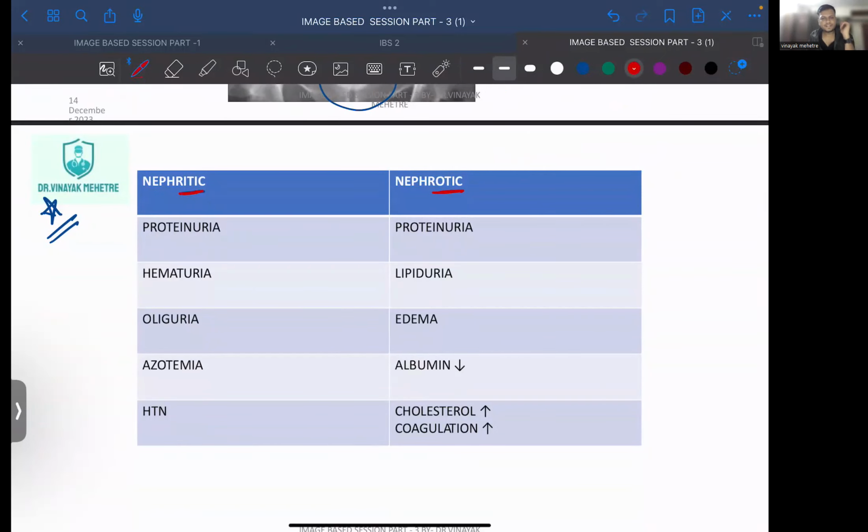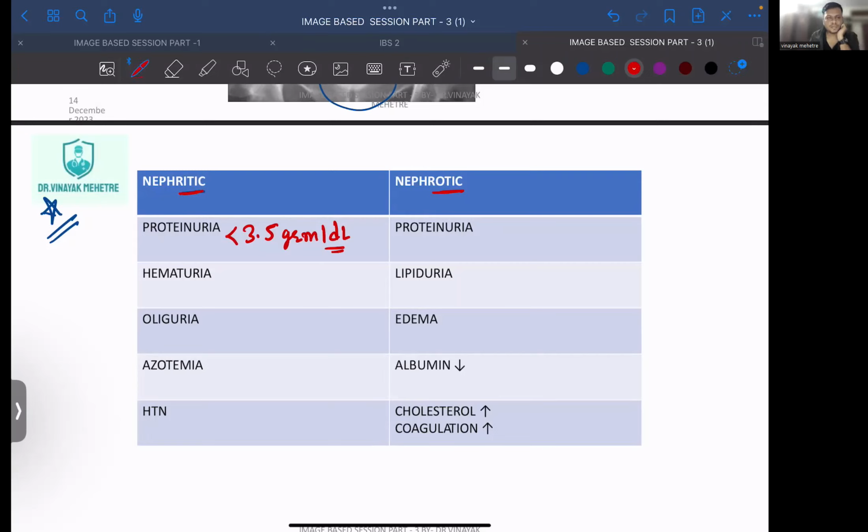Okay, in nephritic syndrome, what is going to happen? Proteinuria will be how much? कितना होता है? Less than 3.5,